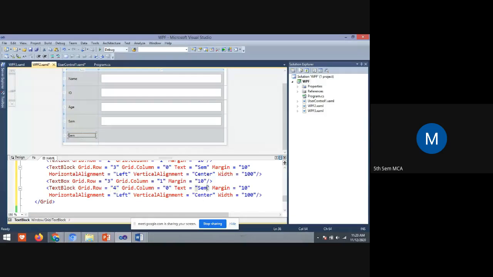But there is no text box. See, you see my mouse pointer, there is no text box. Now I'll include the text box.